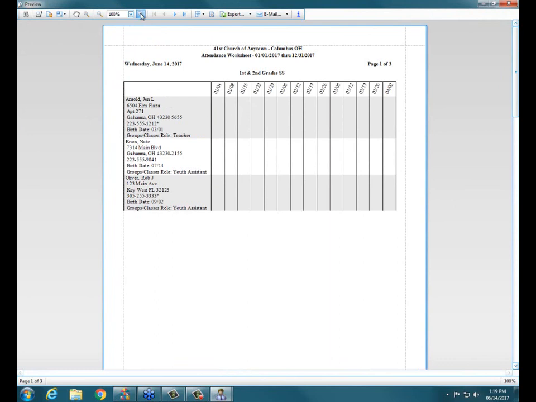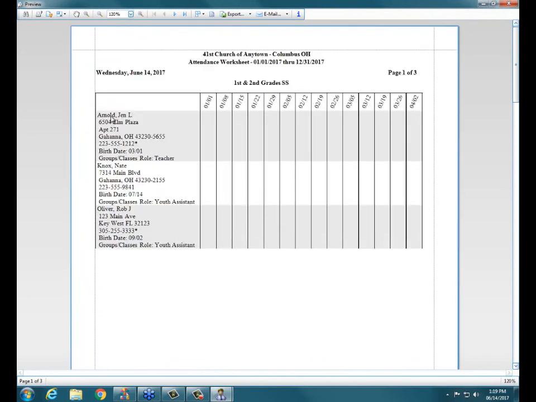I zoom in, there we go. You can see it shows you each individual person who is enrolled in that particular Sunday school, along with different contact information and everything else. And then to the right, you see each individual date that you can mark attendance for. And we can adjust what information appears and the width of all these to fit more onto one page, either horizontally or vertically. So if I close out of this,